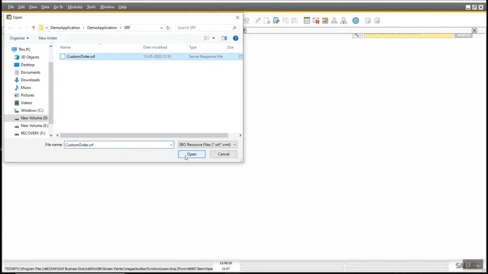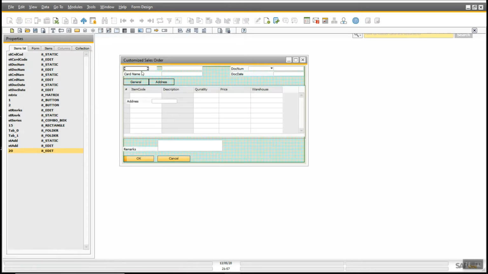So here we will put one of the fields which will contain the sales order reference. Align it.